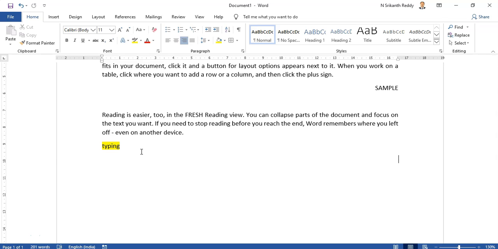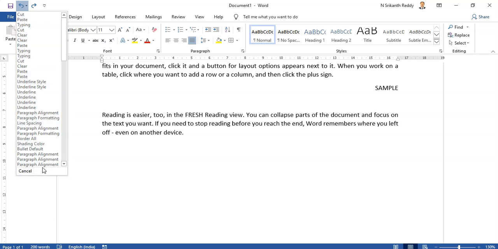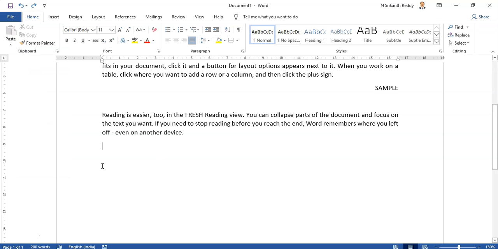So Control Z. Now it has done one action, back it went. Again Control Z, both the actions, it again went back. So this is Control Z. That means whatever the number of actions you are taking, they get recorded, and you can go back using undo.